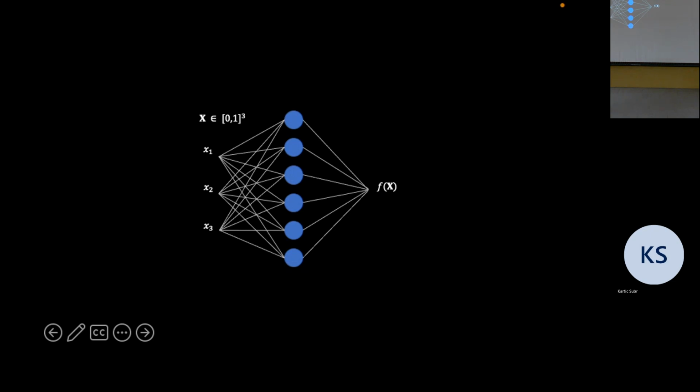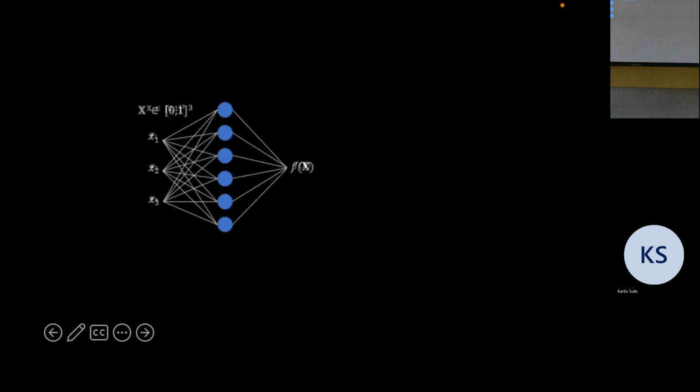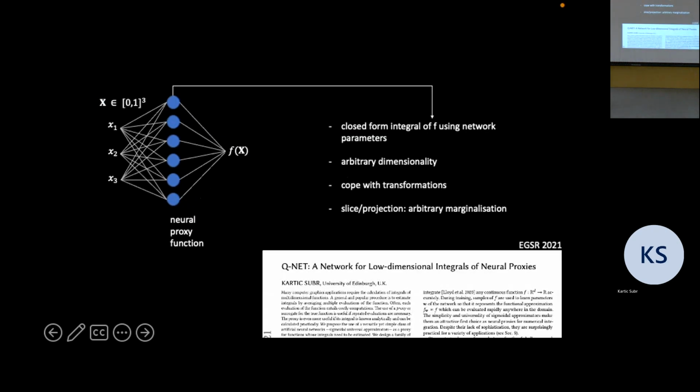But then I had a question about, if I use a neural network to represent this function, how can I compute its integral? Right? So I was interested in calculating the integral of f just using the weights here. Because a lot of people have trained neural networks to approximate a function. But then if you want to get the integral of the function, you don't really have a way to do this. The way you have to do this is go back and train to learn the integral of the function.